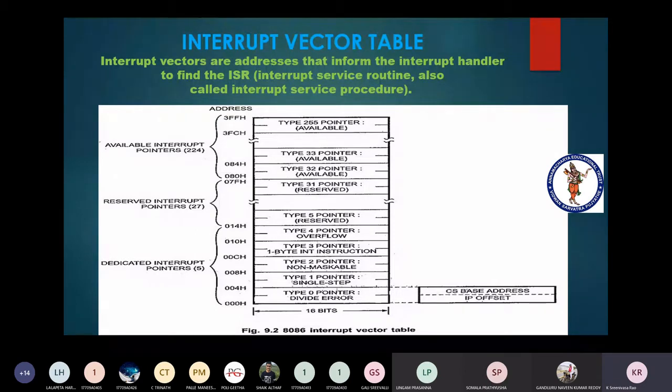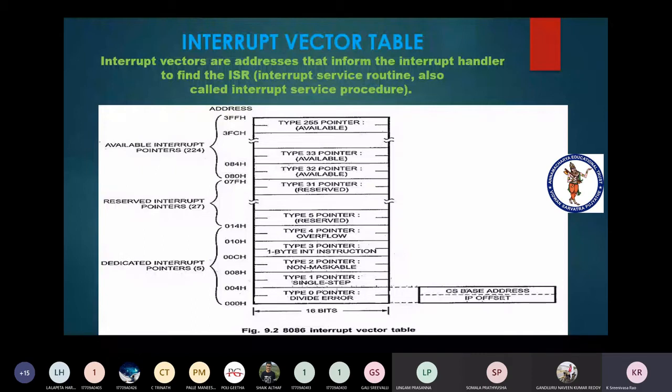So whenever an interrupt is received by the processor, internally, automatically it executes one far call. There are two types of calls, one is the near call, another one is the far call. Near call means your subprogram, that is the interrupt service routine, and the main program both lie in a single segment. But this does not happen in the case of interrupt execution, because the interrupt service routine and the main program lie in different segments.